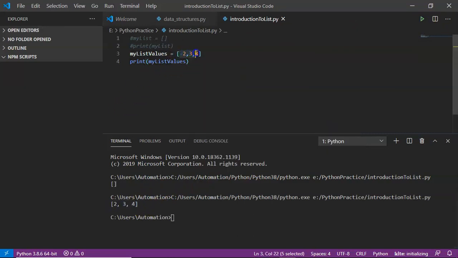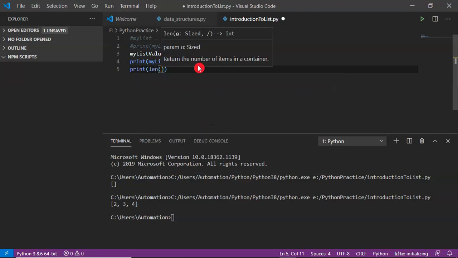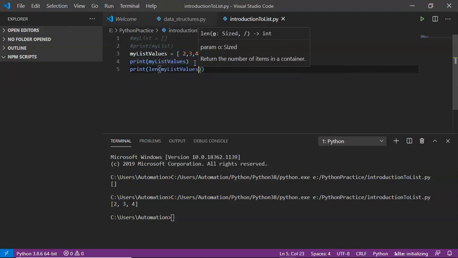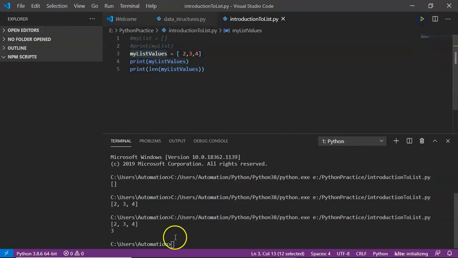How many values are there? 3 values. You can get that count by using the length function. If you remember, for strings we use the length function. The same length function you can use for a list also. Now see the result. We have 3 values. And while creating your list, you can take all data values of the same data type, or you can also take multiple data types, or you can also include other data structures or the same data structure inside that list.